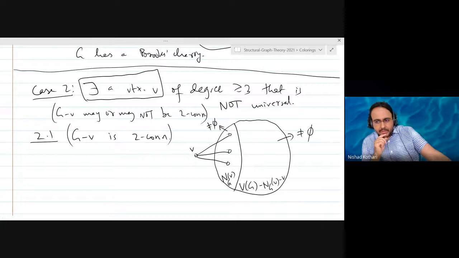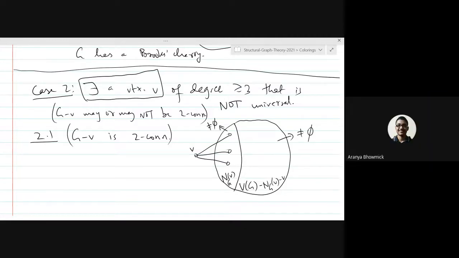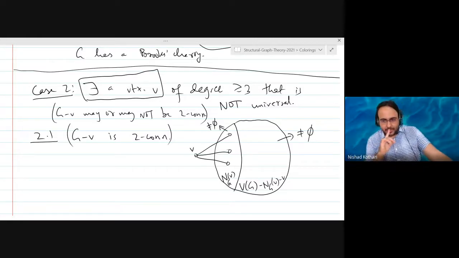Can somebody tell me where is a Brooks cherry here? We'll finish the proof in another 5 minutes. So can you see a Brooks cherry in this example? Both the sets are non-empty because the neighborhood of V is non-empty, since V has degree at least 1. I said the reasoning. So let's try to wrap it up. They are non-empty because the graph is connected, and this is not a universal vertex. If you don't agree with one of those, then please tell me. So now, how do you find a Brooks cherry here?